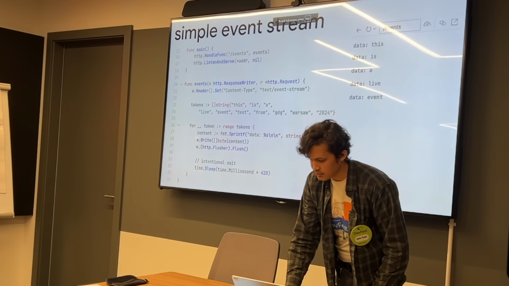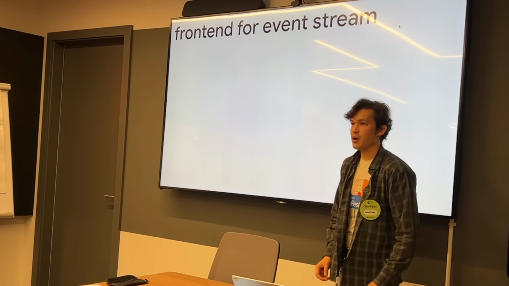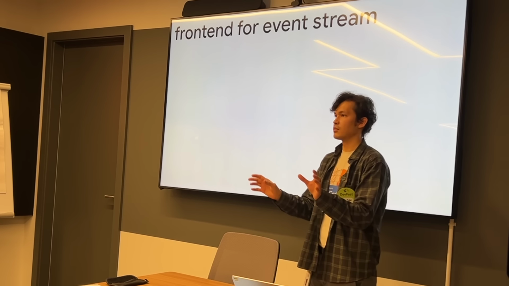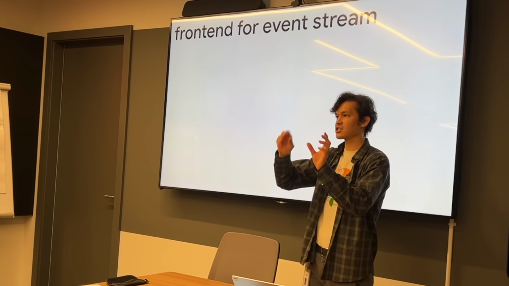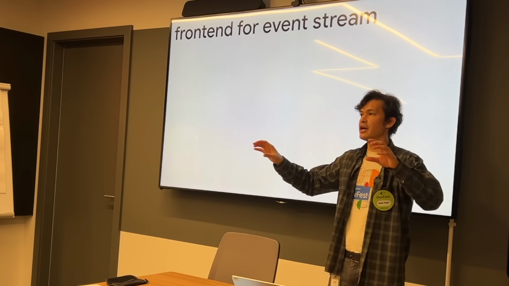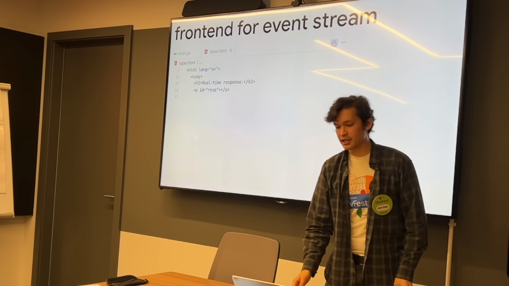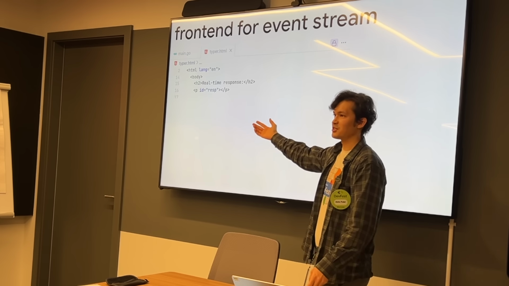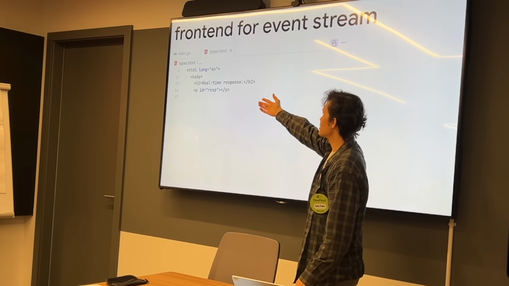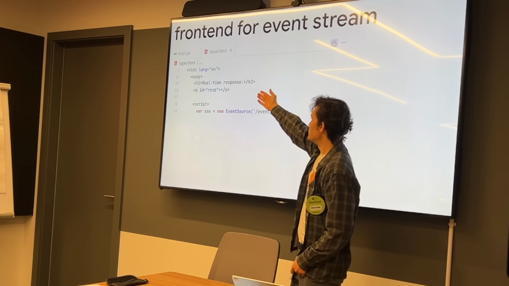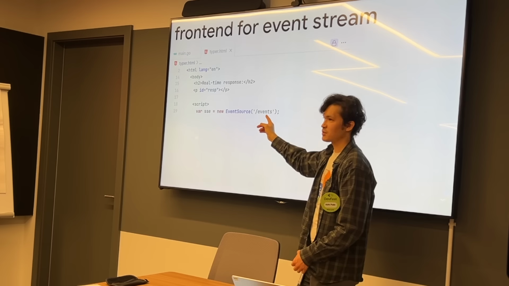So that's how you receive data. But what's the front end look like? Because we wrote the data in special form, with a data colon and \n\n, right? Like every message is separated by 2 new lines. But the front end looks like this. I'm not really a good front end developer. I wrote my HTML5, and you write your H2 and then P's, and in JavaScript,